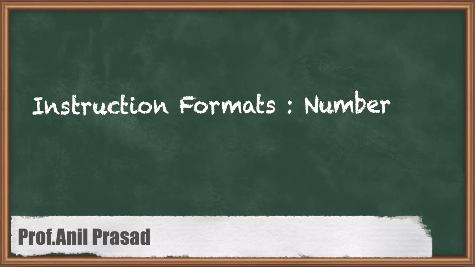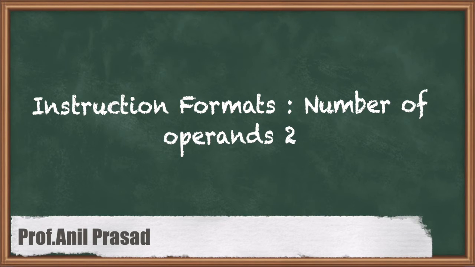In this video, we will see how these three address instructions, two address instructions, and one address instructions are going to execute instructions in high-level language programs. For example, when you are executing a high-level language program, it will need to be translated to the low-level language program, that is, machine language program. So how are these three address, two address, and one address instructions going to support this? Let us have a look.